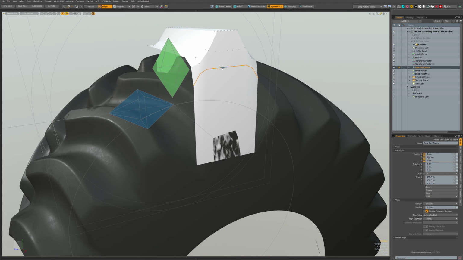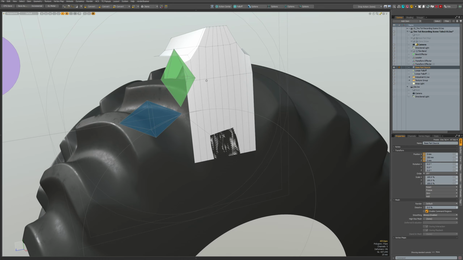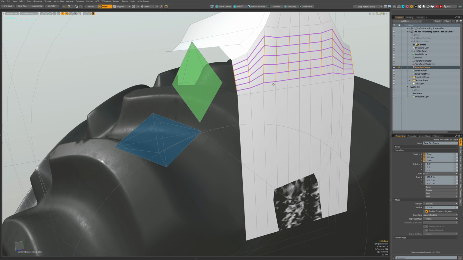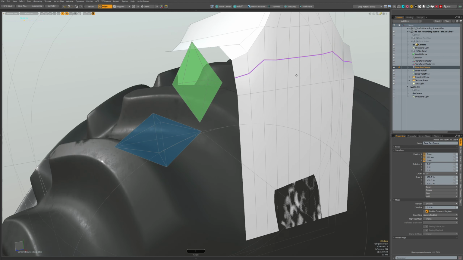I think I will. This should be a straight line. One linear line. Okay. And I'll add an edge there, but not so much.